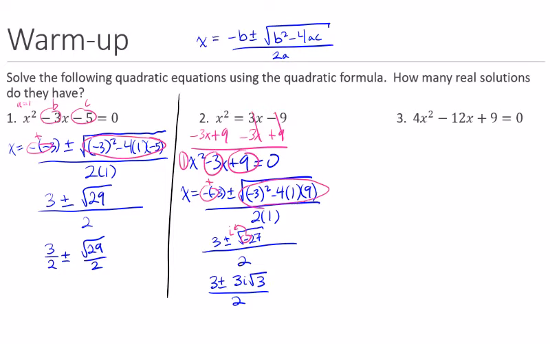All right, so let's check out number 3, the last one. We had 2 real solutions, then 2 imaginary solutions. So think about what is going to happen on this one. We already have one side set to 0, so we can identify A is 4, B is -12, and C is 9. So we can plug in